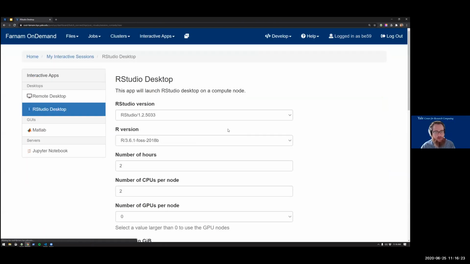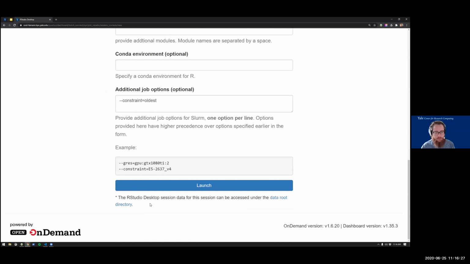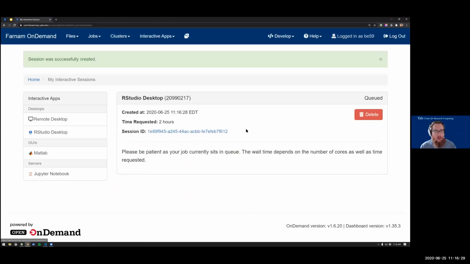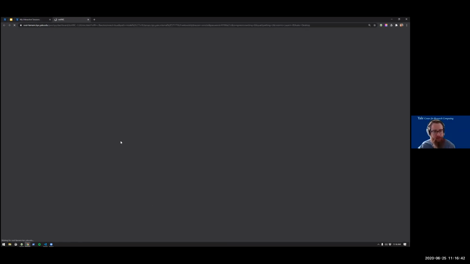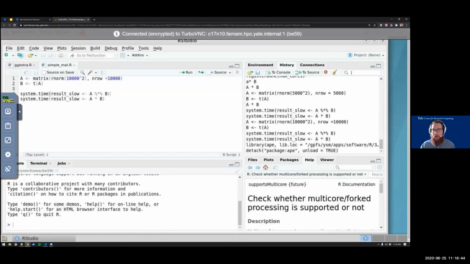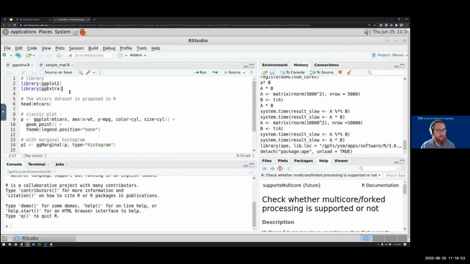I'm going to launch another one real quick. Maybe ask for a bit more memory. And then Theo, I'm going to show you again how to get that status window back up. Okay, so I click this, and in a new tab I get, and you'll see RStudio is nice enough to remember the layout of how I had it set up before. So that's nice of it.